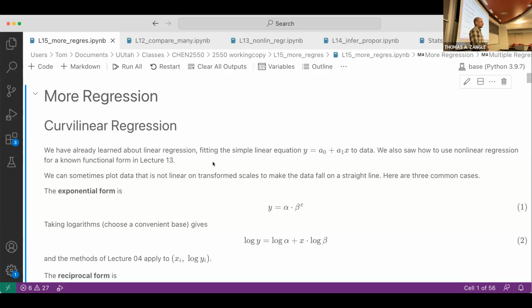All right, class, we'll get started. So today we have more regression. So a lecture on some additional methods in regression, basically building on some of the other concepts that we've seen in regression so far. And then at the end of the class, so after we finish the lecture part,